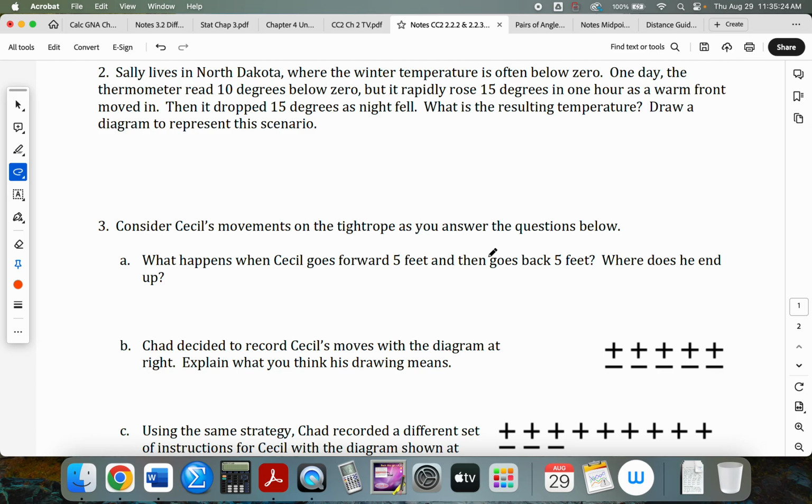Where did she end up? Say it again. Yeah, 10 degrees below zero. Or at negative 15 degrees,